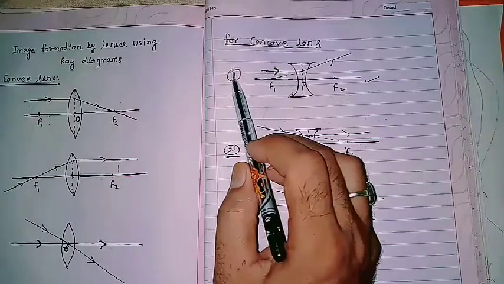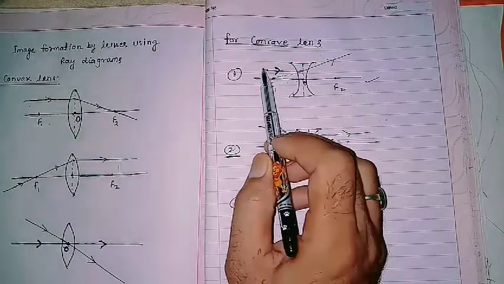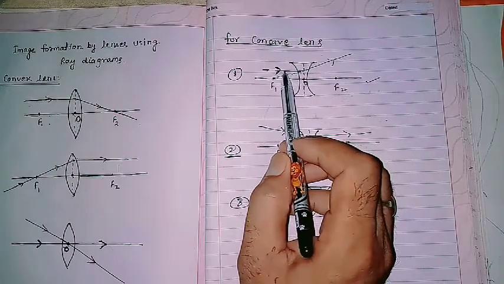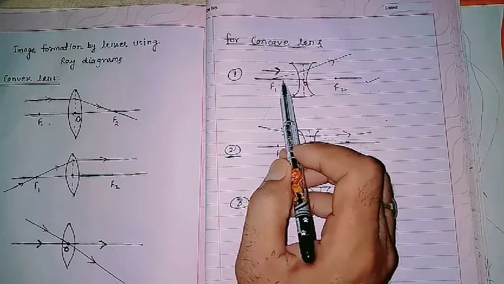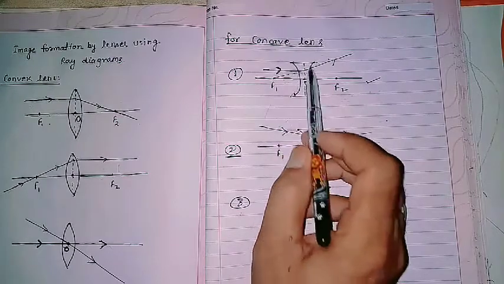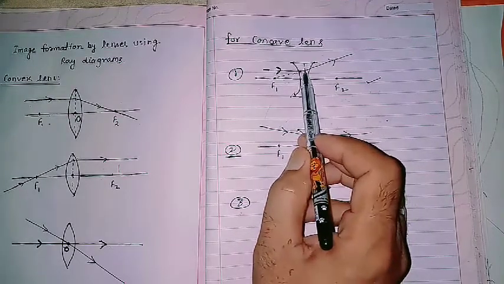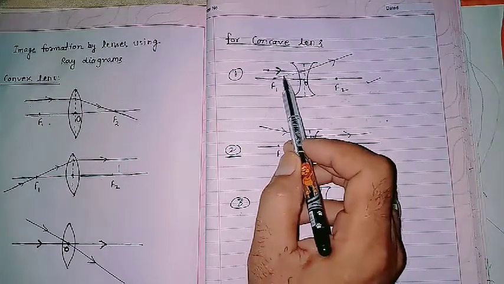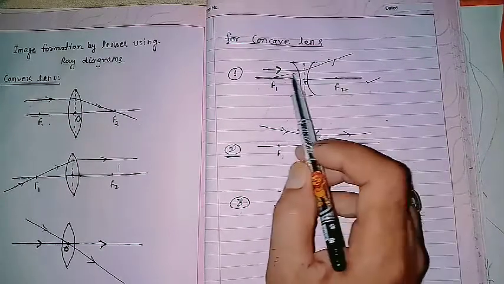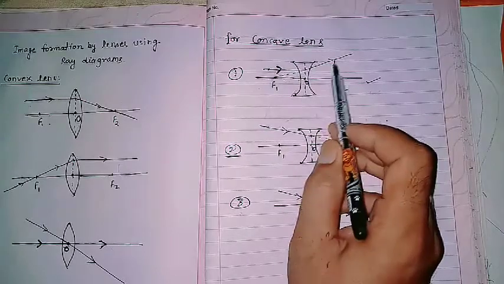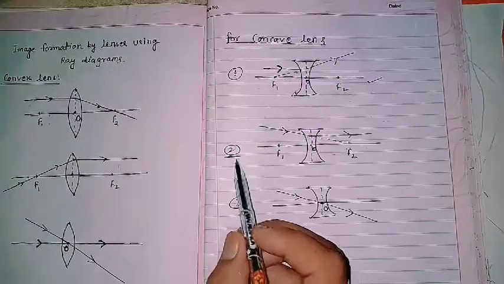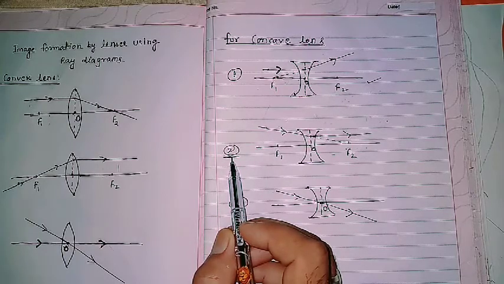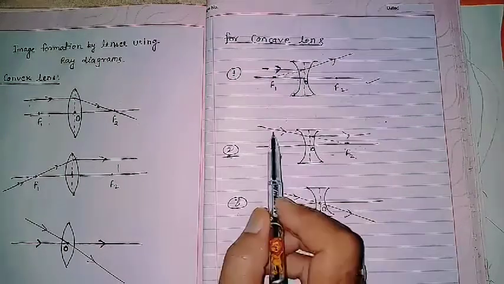You can see the first rule: a ray of light traveling parallel to the principal axis of a concave lens, after refraction, appears to come from its first principal focus. And the second rule you can see here for the concave lens,